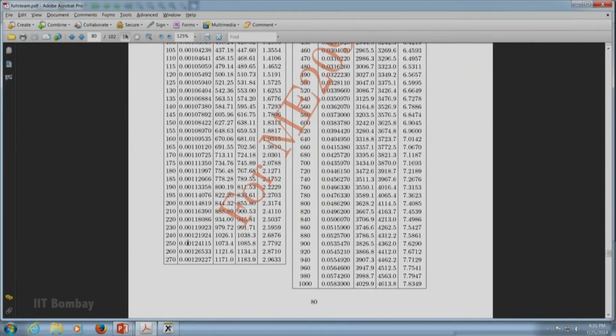So, we can just note this value that V is equal to 0.001241115 meter cube per kg. U is also given, H is also given and S is also given, and we can write these values in the answer sheet that we have. So, can we now write these values after locating the point, the region? We can now see we can write the values in our answer sheet.